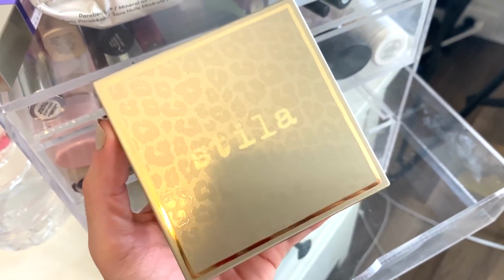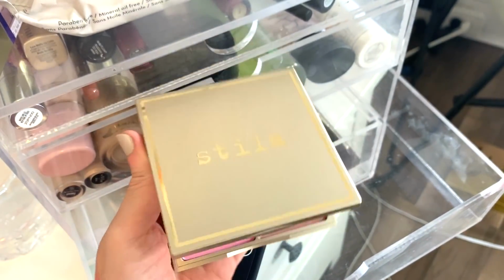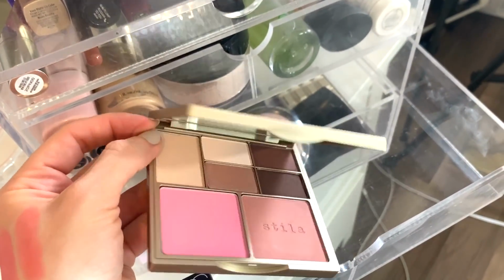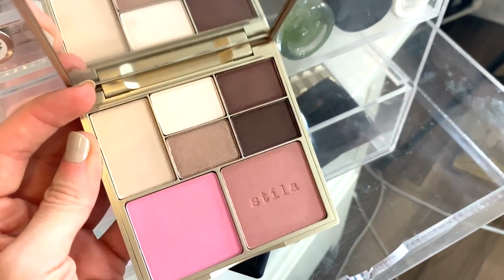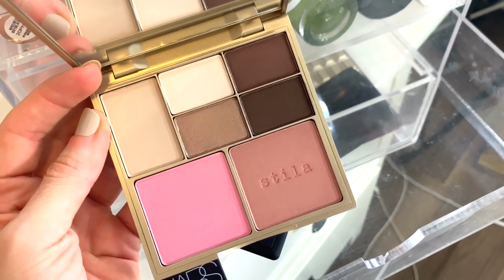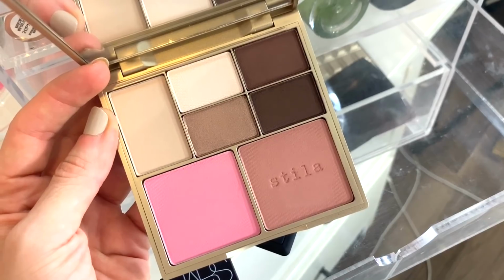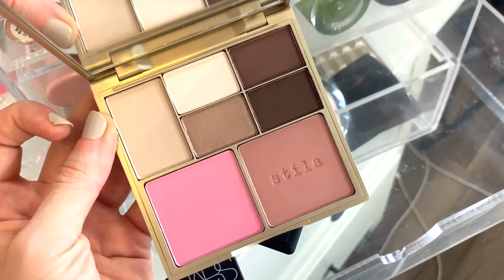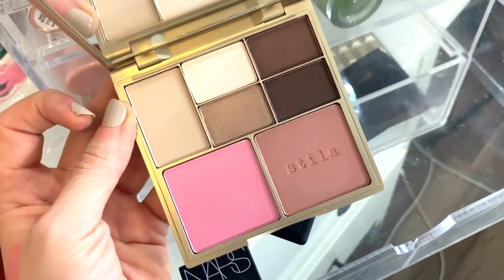Okay, then I have the Perfect Me Perfect Hue palette by Stila. This one right here is light to medium, I want to say. Open up. So basically, it includes some eyeshadows and then 2 blushes. So I have 2 blushes in here if I want to choose to use those, but I basically pull this out for the eyeshadows. They're definitely more cooler in tone,